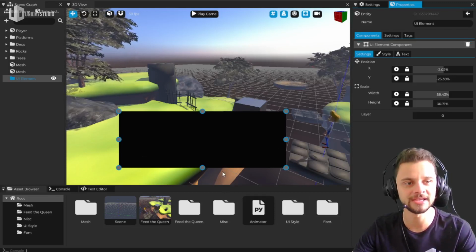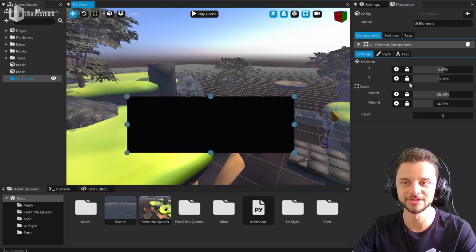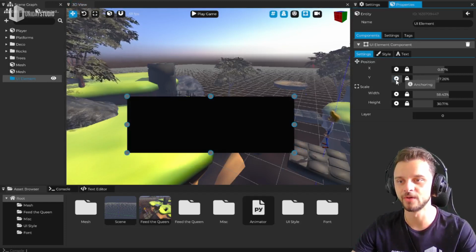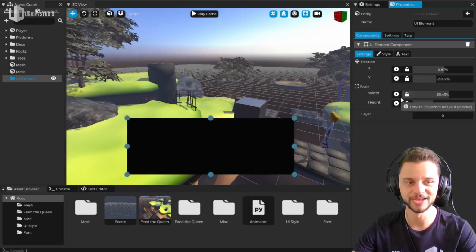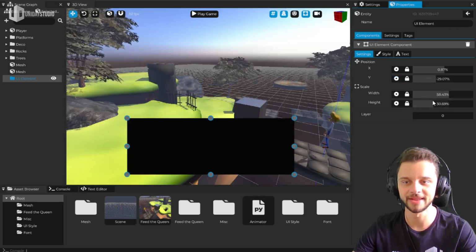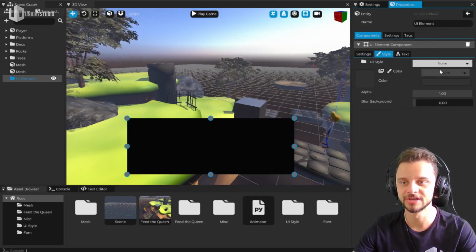You can do parenting, and you can do nested stuff. You can add a component inside another component. There is a bunch of anchoring options here. You can anchor stuff to the bottom, to the middle, to the top of the screen as you want. And you can do this with the scale. You can lock this, so you're going to have a relative scale or an absolute scale in pixels. So you can do all sorts of crazy stuff here. You can change the